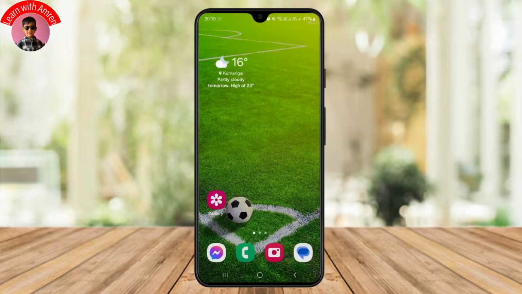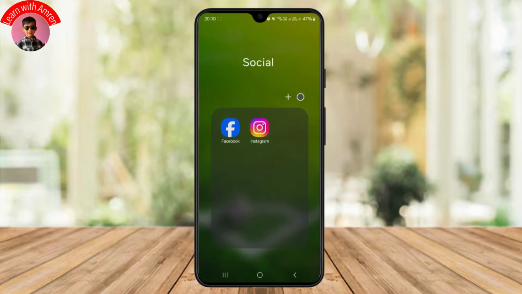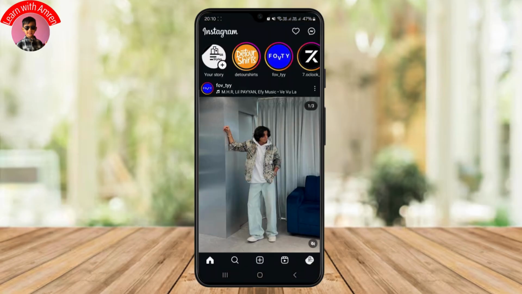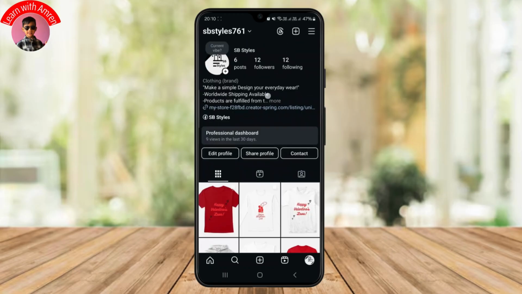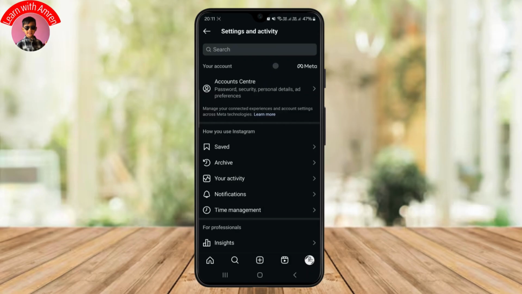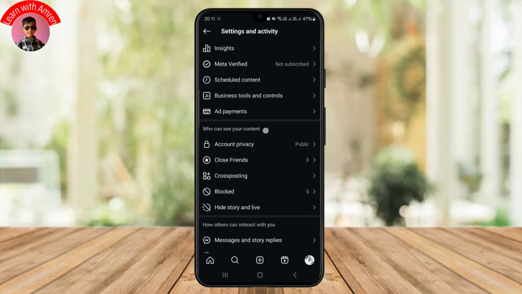In this video I'll be showing you how you can disable Instagram profile picture zoom. So what you can do is simply head over to your Instagram profile and make sure you are logged into your account. So simply click on your profile section at the bottom right corner, and once you're inside here, just click on this hamburger icon at the top right corner, and under the who can see your content section, you